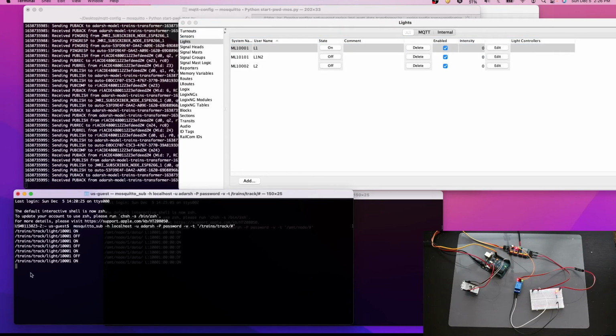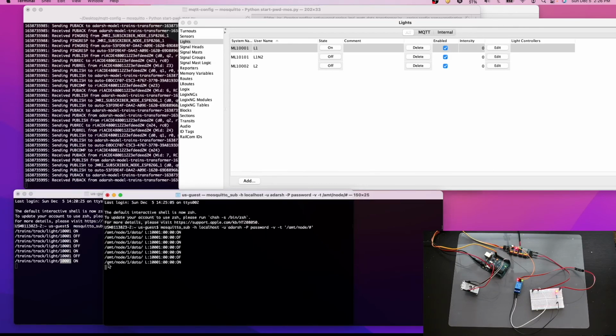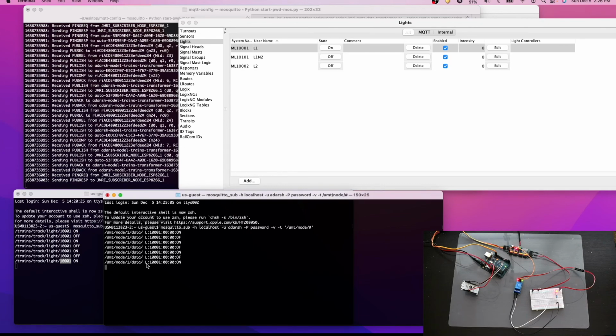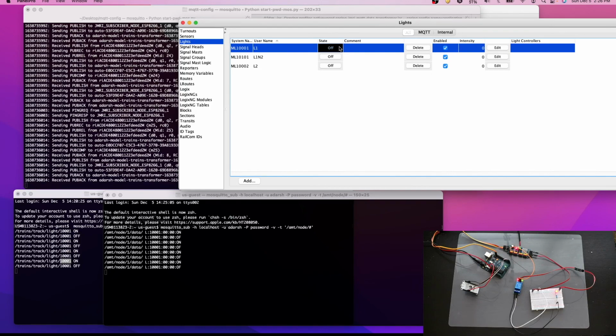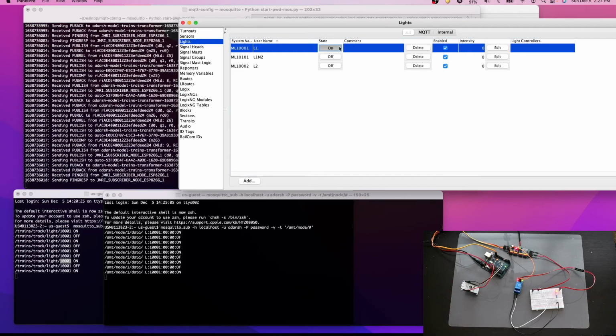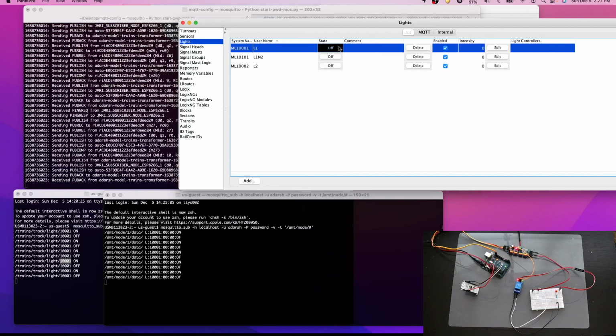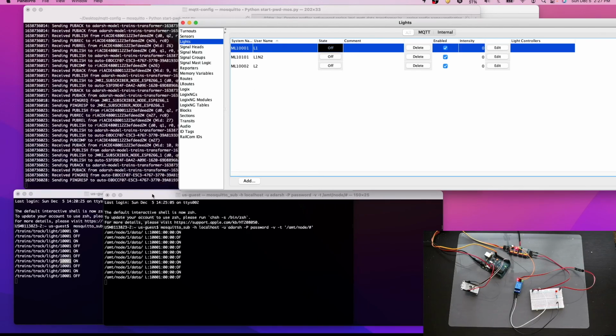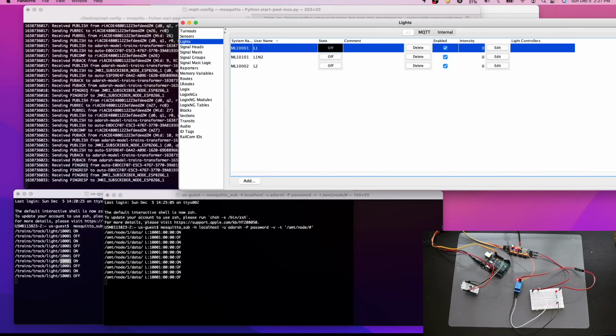And here you can see what JMRI is pushing here, 10001 off, on, off, and here this is what our application is transforming. L means light, 10001, board number 0, pin number 0 on, board number 0, pin number 0 off. So whenever we do on off control here, it takes the input and this whole setup will work like that. So now in the next part of this, what we will do, we will add a relay switch as well as light to that.